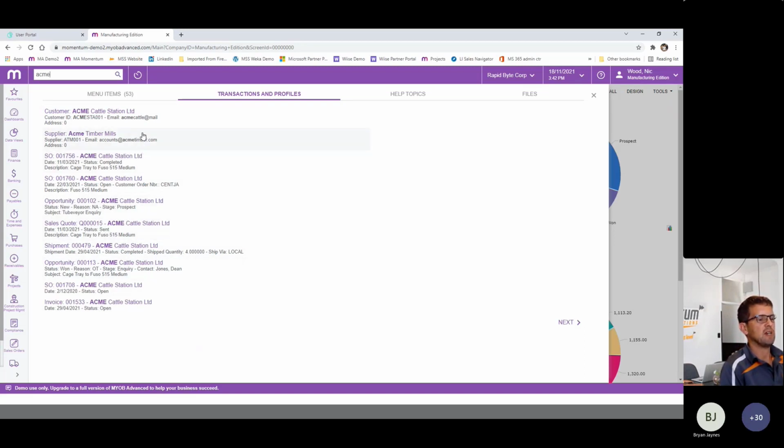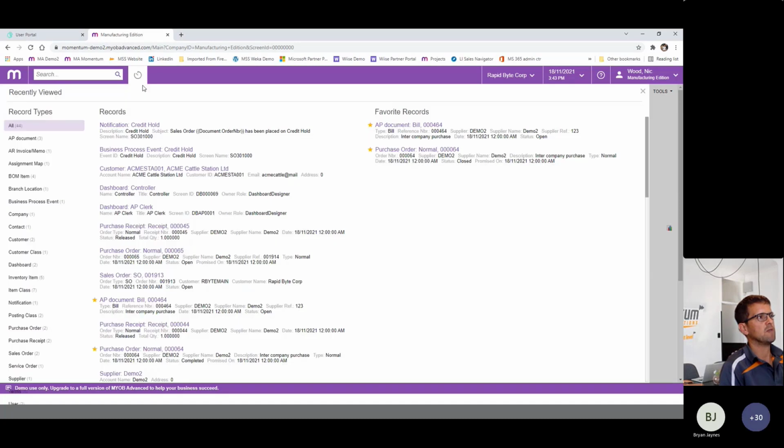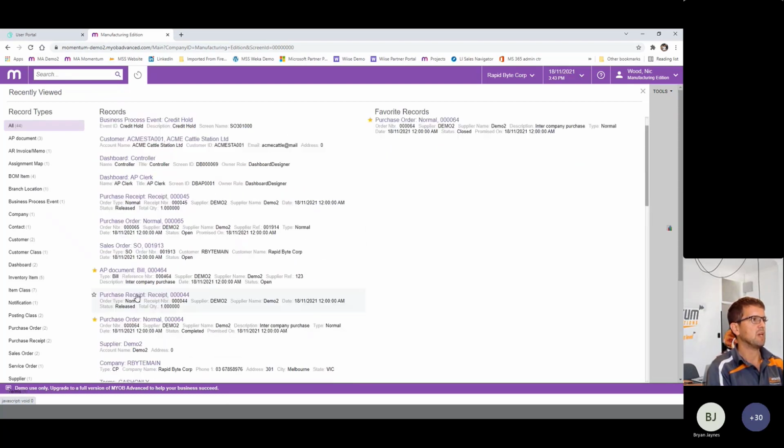And what's been added in 2021.1 is the search history for the recent documents. If I click this icon next to that search, I get all of the transactional records and screens that I have recently accessed. So if you've come back and you need to reconnect to the last purchase order you were in, the last customer, all those records are there to be easily found.